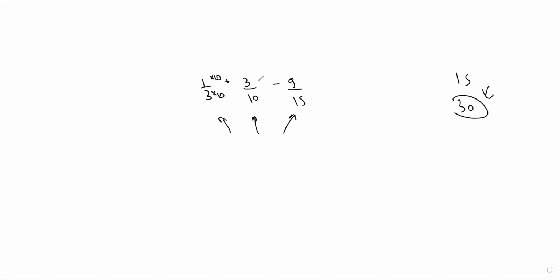Oh, and then I have to clarify something, but let me finish this first. Okay, so times 3 times 3 times 2 times 2. So we get 10 over 30 plus 9 over 30 minus 18 over 30. And a lot of people don't know what to do in this case because there's a plus and a minus sign. Now, in general, and this is referring to BEDMAS, between addition and subtraction, it doesn't make a difference. So you just do it from left to right.